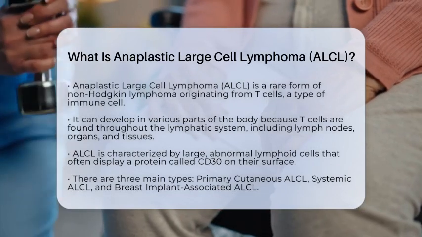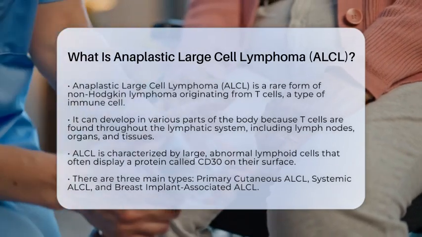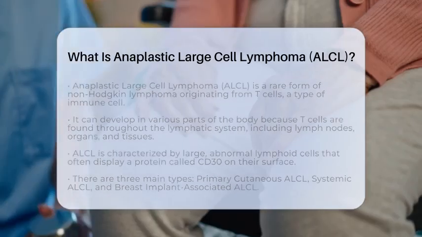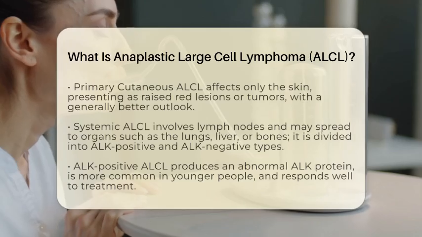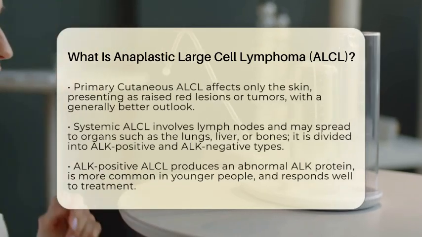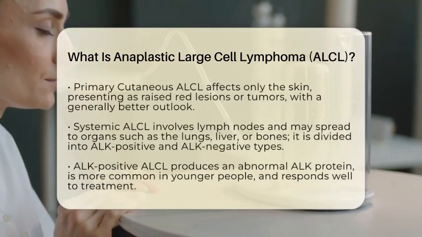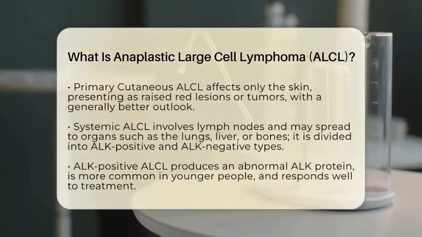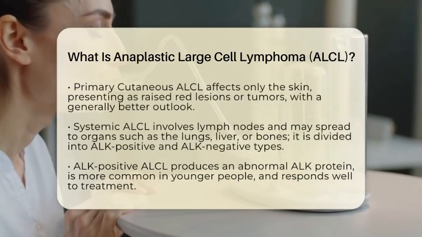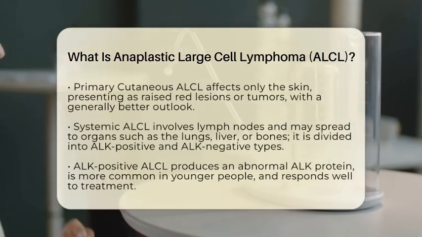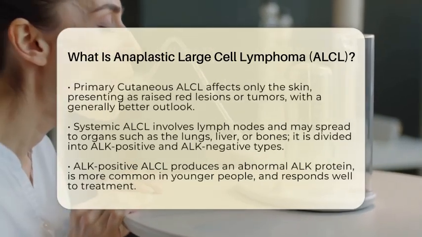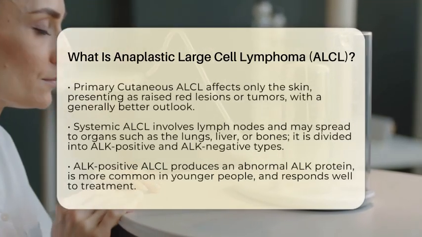There are three main types of ALCL. The first is primary cutaneous ALCL, which affects only the skin. It appears as raised, red lesions or tumors that might itch or develop into sores. This type usually has a better outlook because it stays localized to the skin. The second type is systemic ALCL, which involves lymph nodes and can spread to other organs like the lungs, liver,